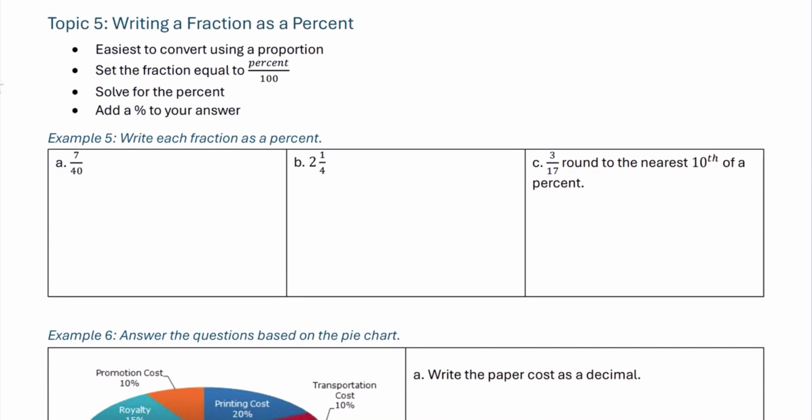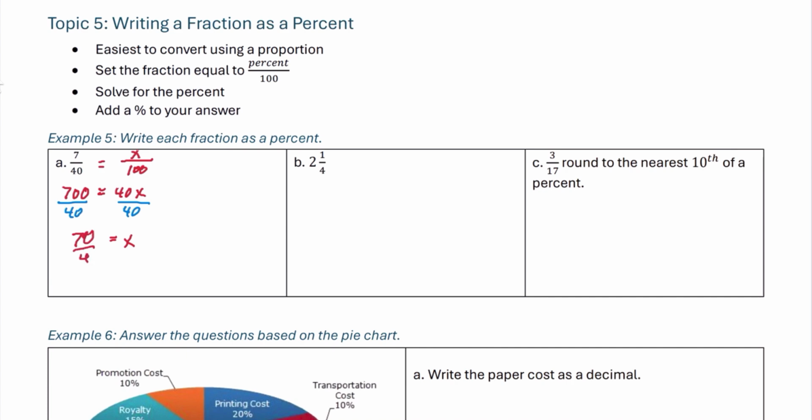In example A, we have 7/40ths. We'll set this equal to percent. I'm just going to write x for now over 100 since the percent is the unknown that we're looking for. And now cross multiply. We get 700 equals 40x. Divide both sides by 40. We now have x equals, if we reduce that fraction, we get 70